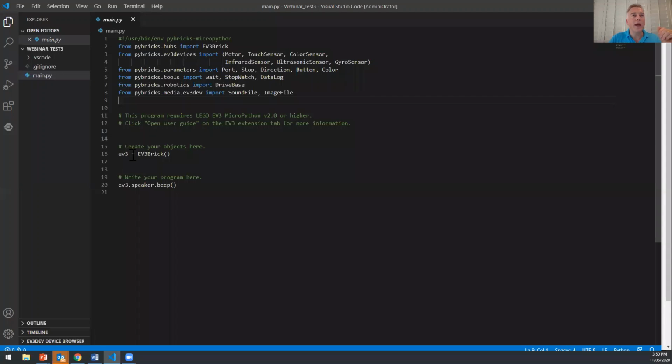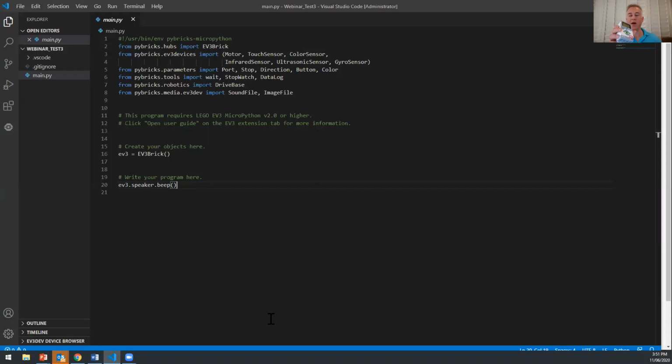So we come down here and we've got, as I said, creating objects, and the only bit of code in here that actually runs or does anything in this program is this ev3.speaker.beep. So it's going to test that the actual brick works and it beeps. So this is a bit like a hello world sort of program. It's the very simplest program we can run. And what we want to do is have a little look at whether it runs. Okay, so first of all, I'll just swap it over to the,